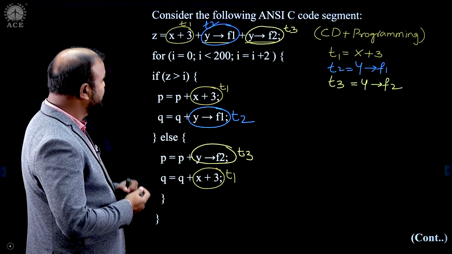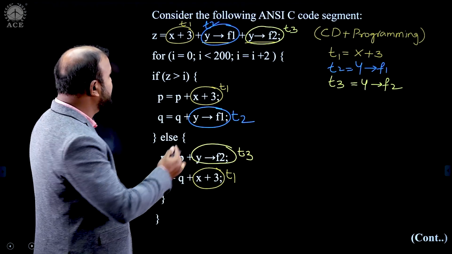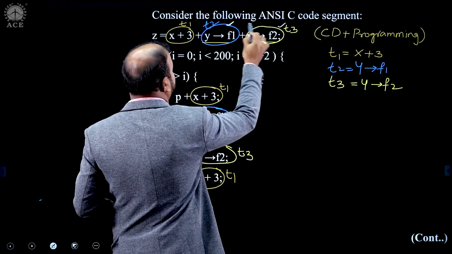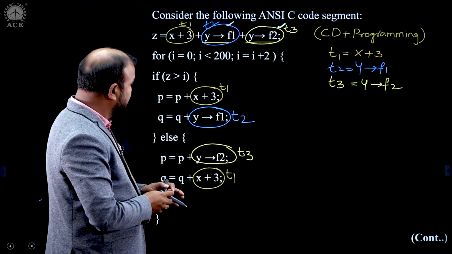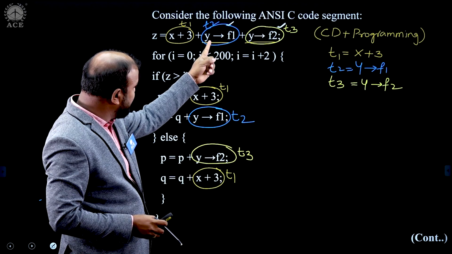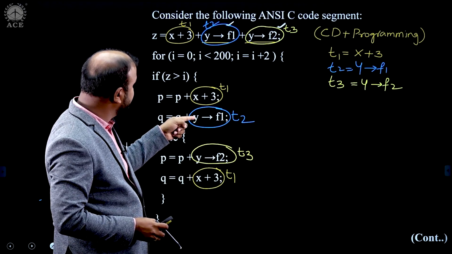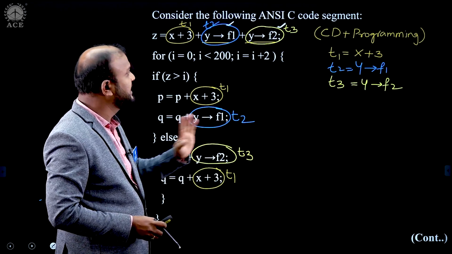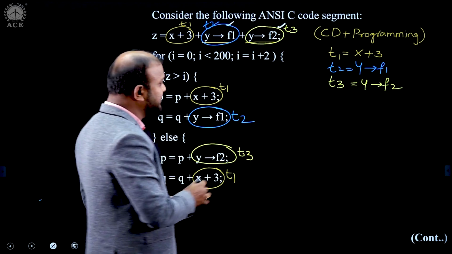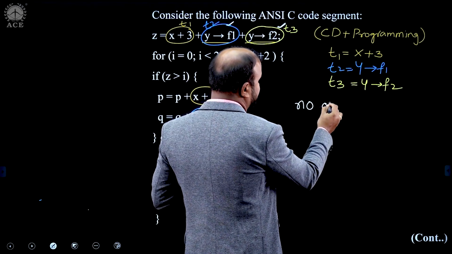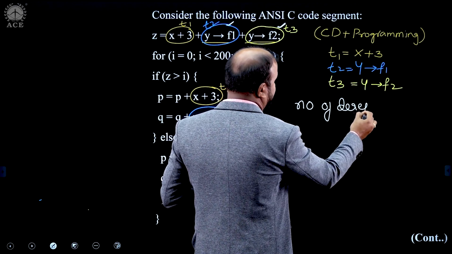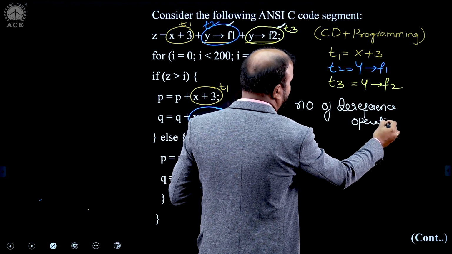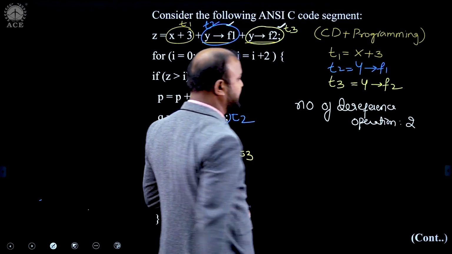Look, first the simple one. Here the dereferencing operation is done only one time, here one time, here one time. That's it. And here the dereferenced value is used inside the loop. Here it is using the value of dereferencing. Here also it is using the value of dereferencing. So, the number of dereference operations: how many? There are only two dereference operations.